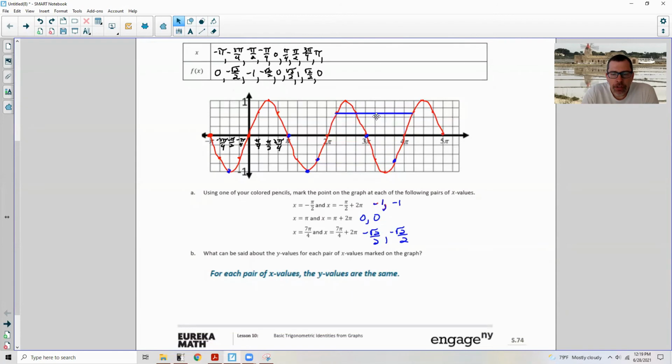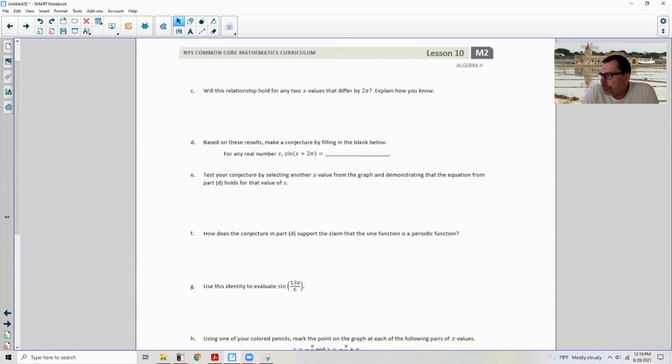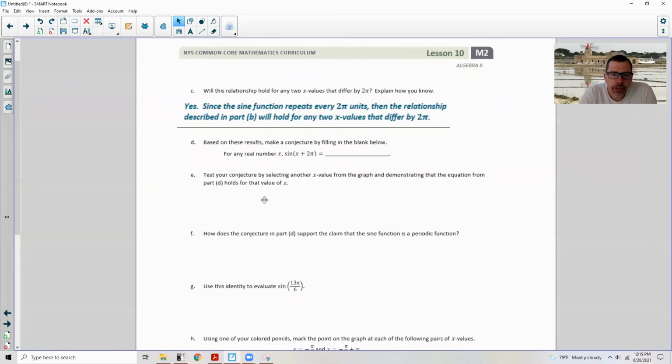Okay, the values are always going to be a difference of 2 pi. Or what I should say is, for every 2 pi added to any value, your y value is going to be equal. Okay, so yes, since the sine function repeats every 2 pi units, then the relationship described in part B will hold for any 2 values that differ by 2 pi. All right, so part D now says, based on the results, make a conjecture by filling in the blank below. So for any real number x, the sine of x plus 2 pi equals,